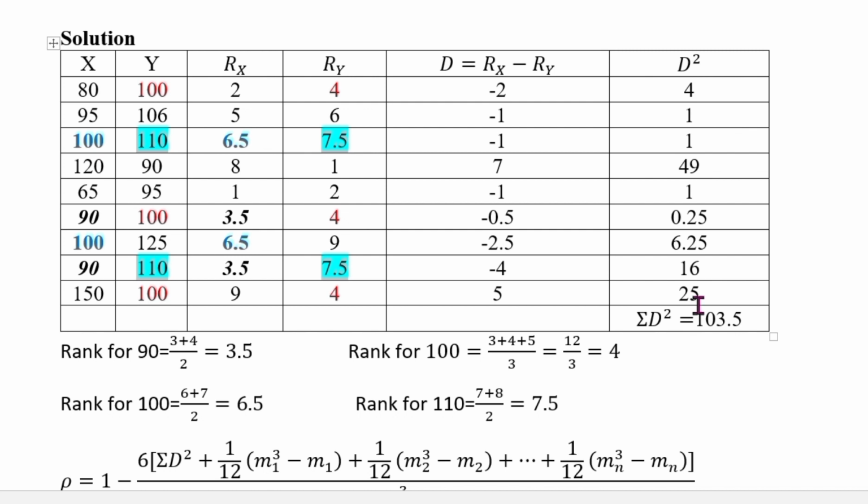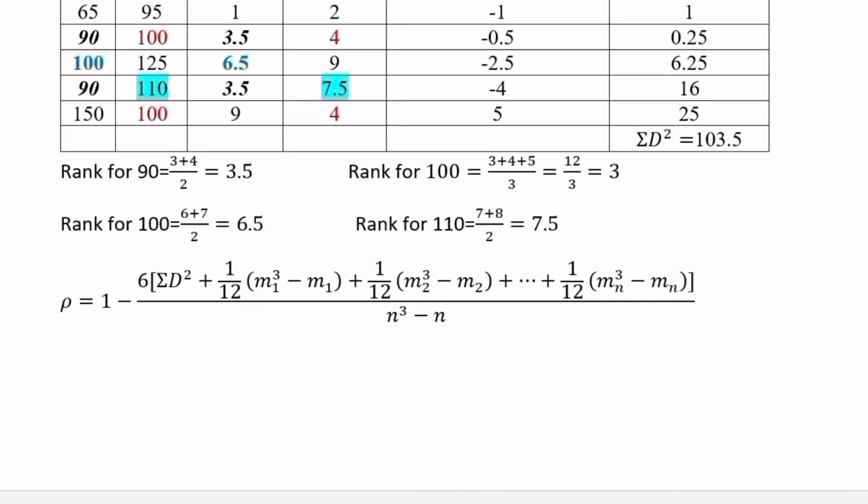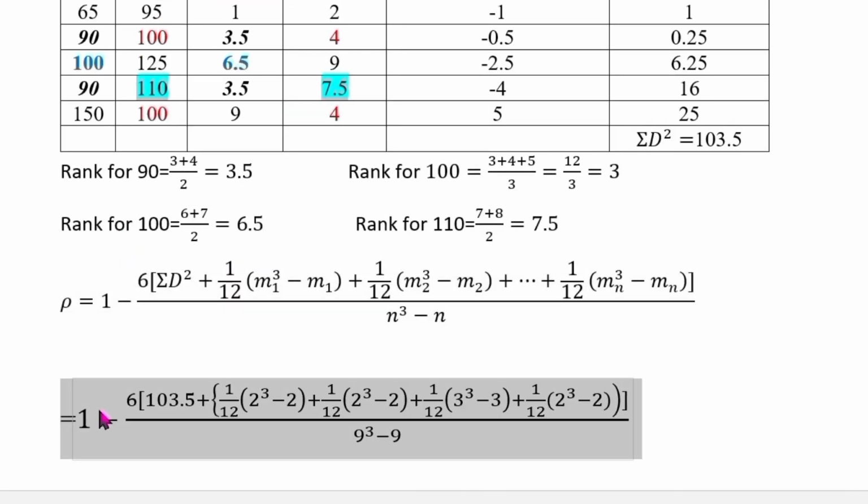When we are done with that, we now sum this squared, and we shall get summation d squared as 103.5. The next step now is to do the actual calculation, where we shall say rho, this one represents the Spearman's rank coefficient, will be given by the formula that we had indicated earlier, which is this one here. So that will be equal to 1 minus 6 into summation d squared, which is this one here, 103.5, plus 1 over 12 into,